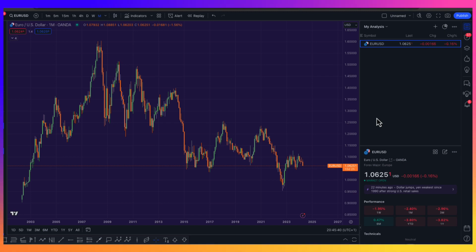And usually it will give me some ideas for trading if I need to trade in a lower time frame. So in this example, I start with the monthly chart, and you can see that since 2007, 2009, since 2008, we had a reduction of the euro compared with the dollar. This is almost around the recession time, and